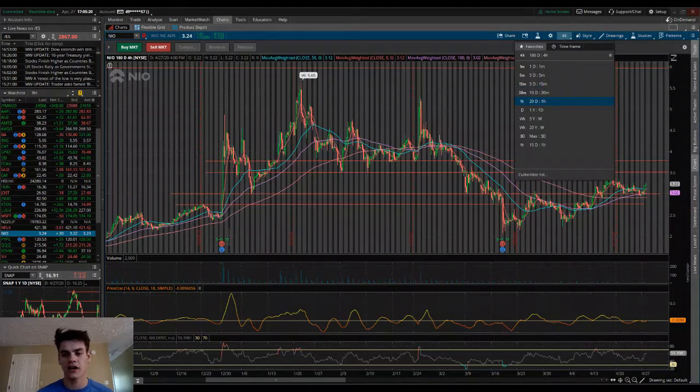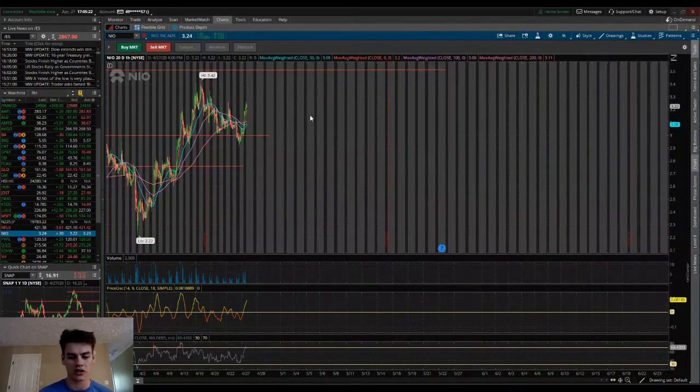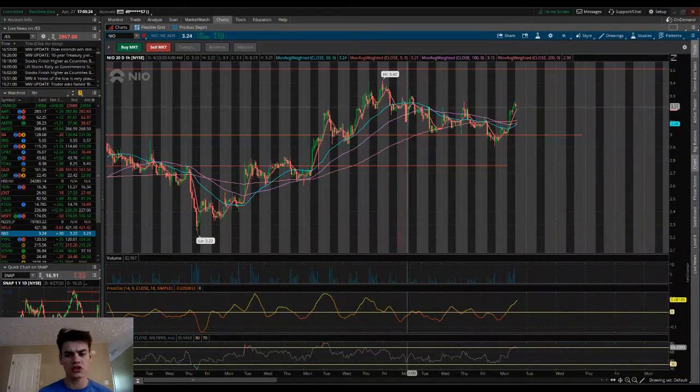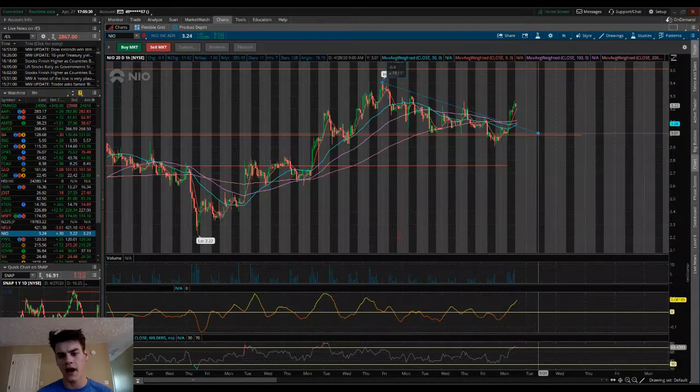Let's go ahead and move into the hourly chart. This is what really caught my eye. What I was looking at was this nice little downward trending pattern right in here, basically this descending triangle. You can see we actually dipped below right here around $3. This was last Friday. We dipped down into the low 290s, and then this morning we saw a nice little push and a break